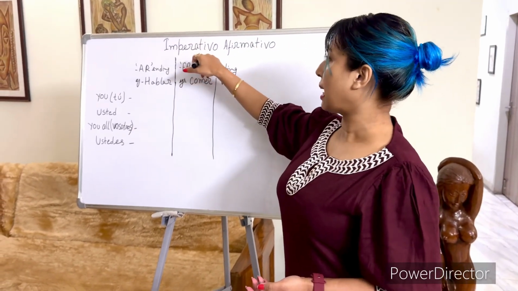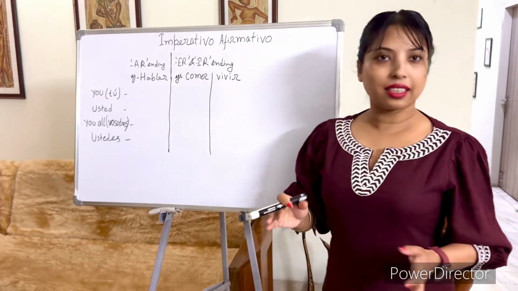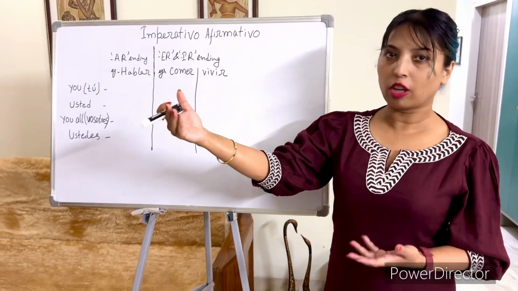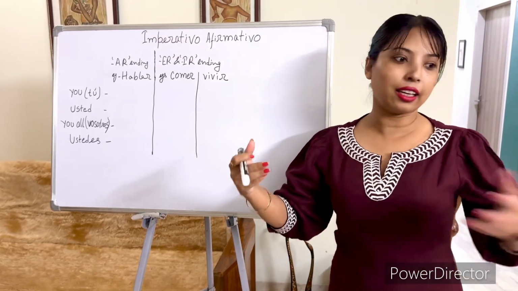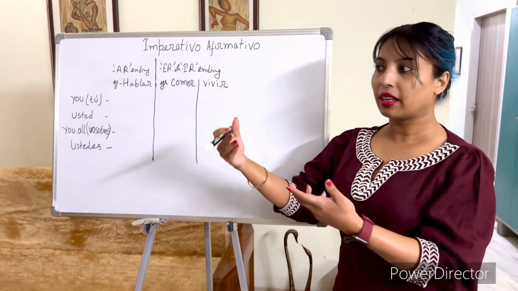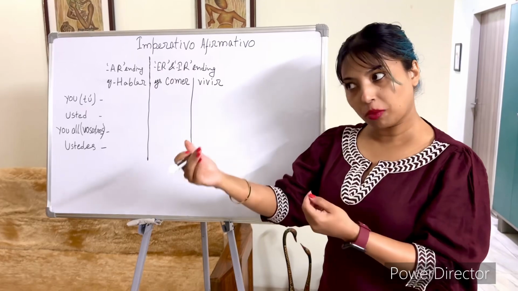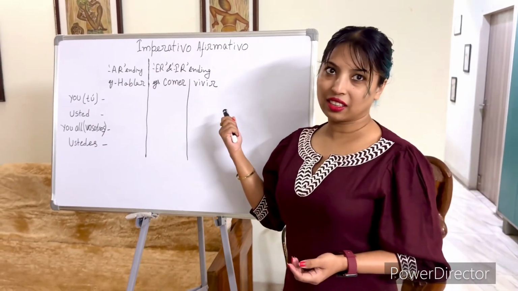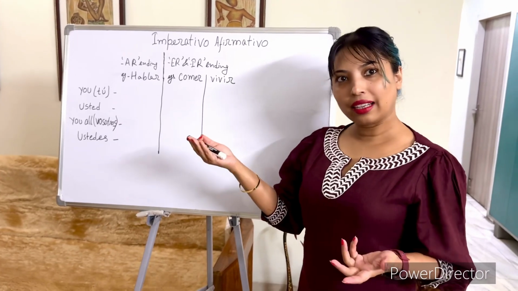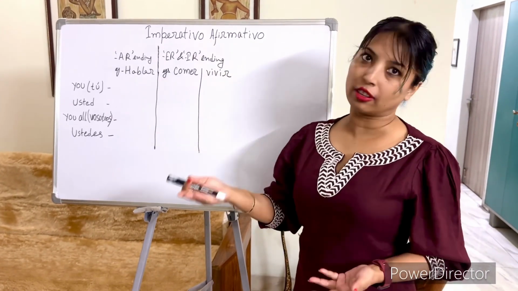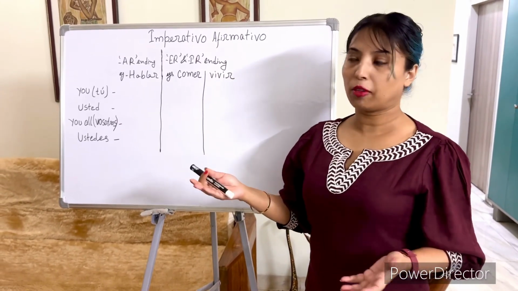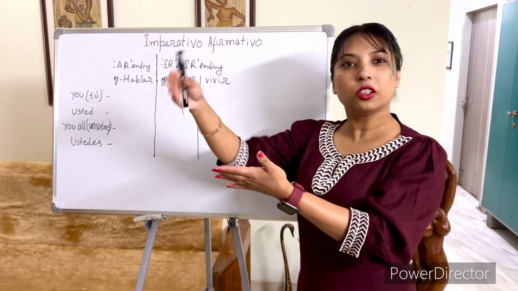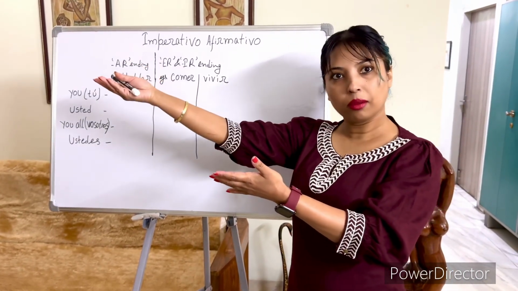So, imperative sentences in English are easier. You always give commands to the second person. We all know we can't say he go. Like we say go, so it has to be you go always. But in Spanish, it's different. In English, you is for everyone, for elders, for youngers, for everyone. You are supposed to use you, or you all in the case of plural number.